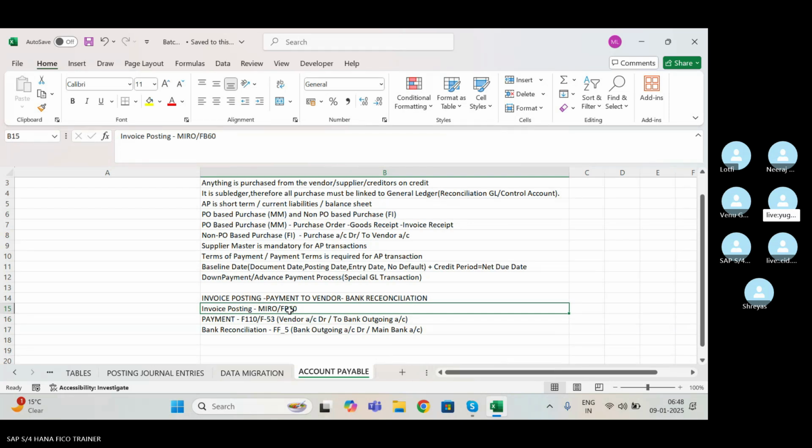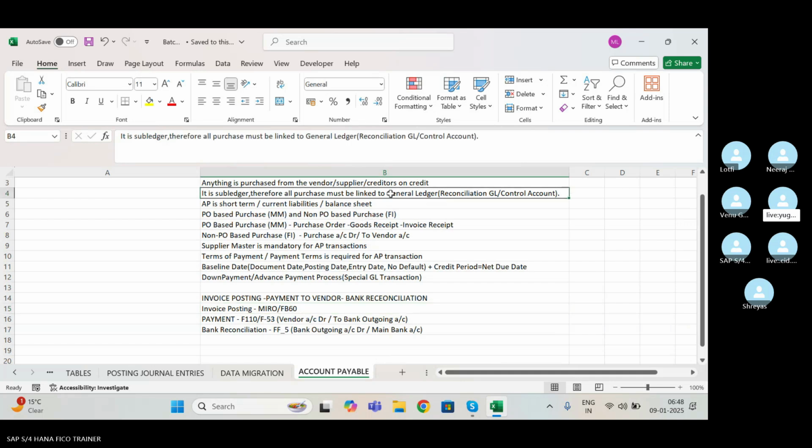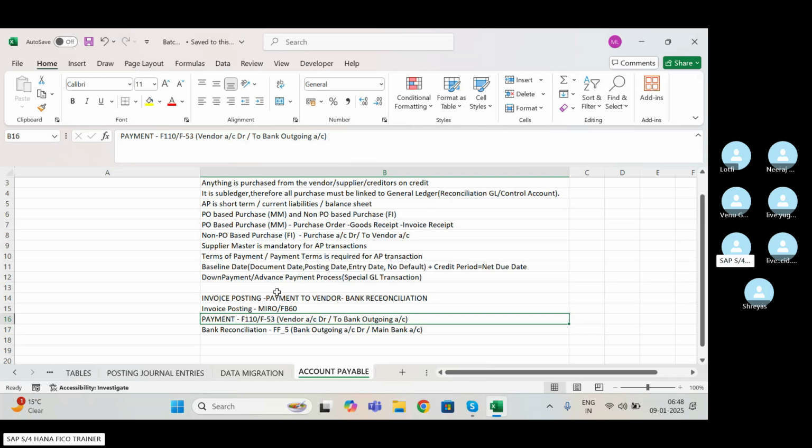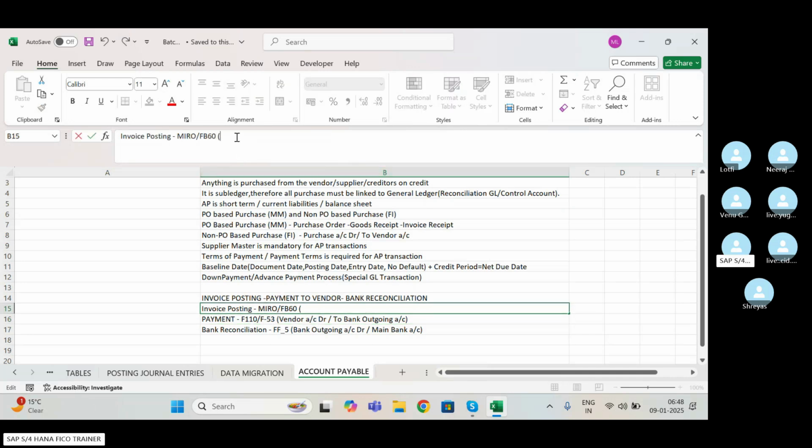Sir, you're saying the reconciliation account, right? Is that GRIR? No, the GRIR account is separate. See here, what I'm telling: whenever I do a purchase, my purchase account will be debited if I'm purchasing from FB60. If I'm purchasing from MIRO, then my journal entry will be GRIR account debit,